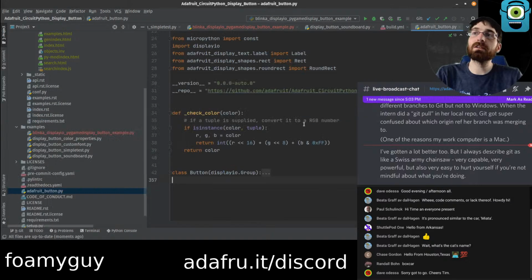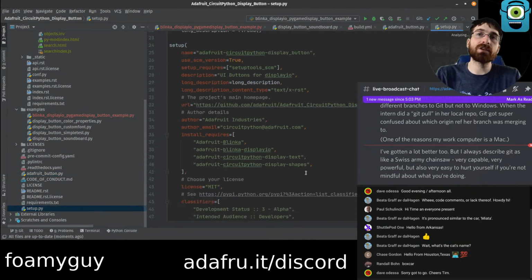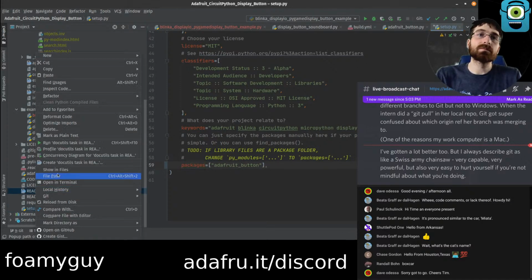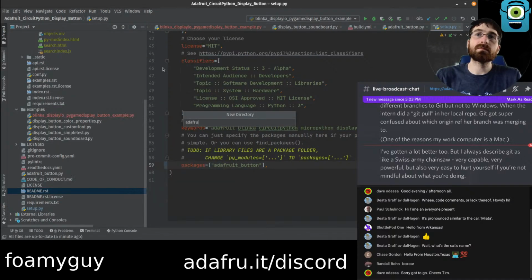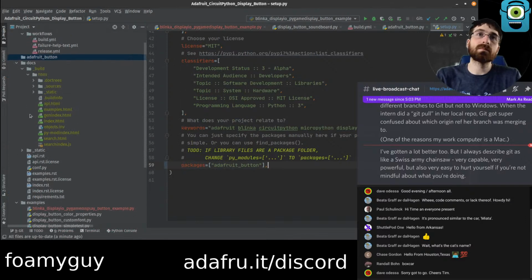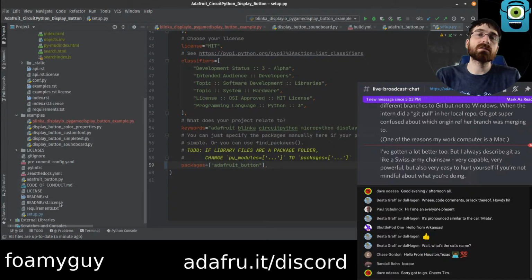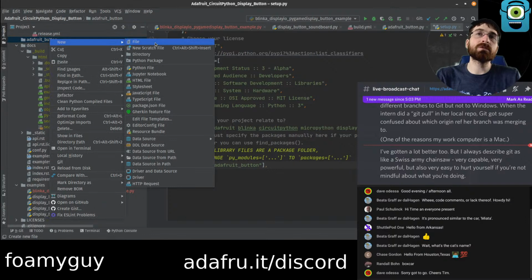Yeah, I think it's more work, but I think I like the idea of just changing this to a package now. This would be here. And then I guess what we would do is go init.